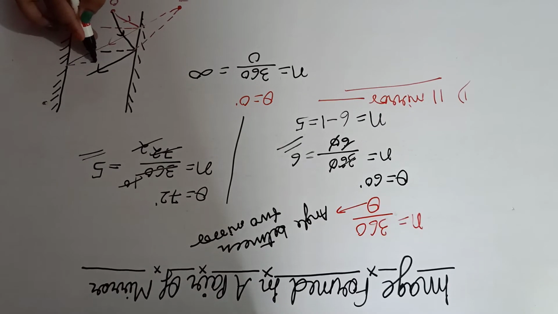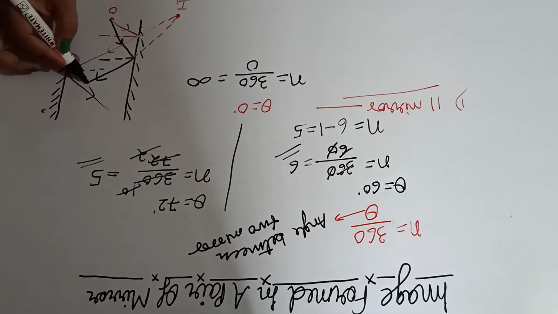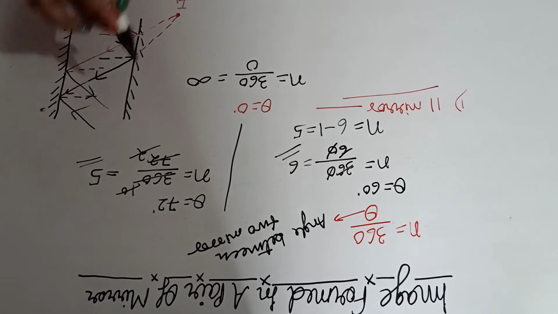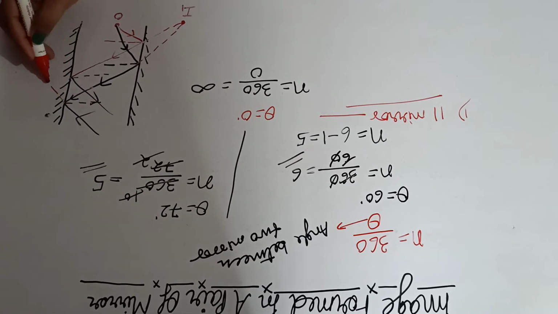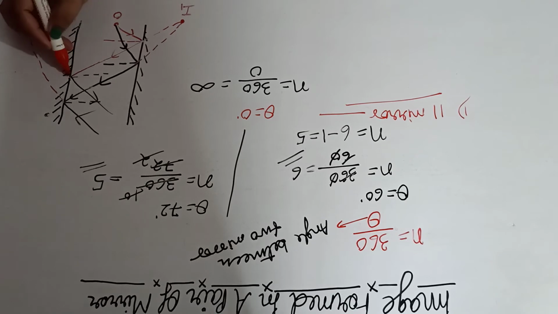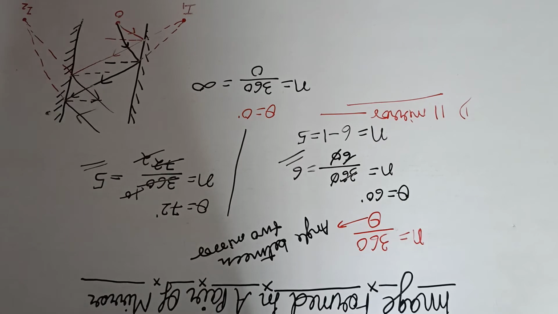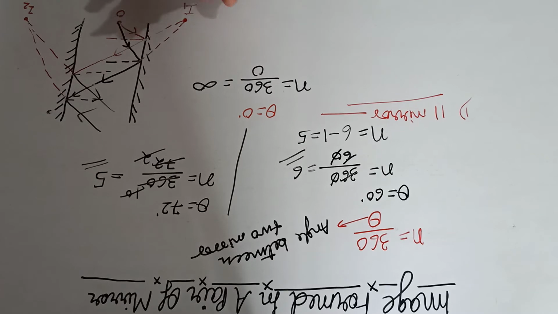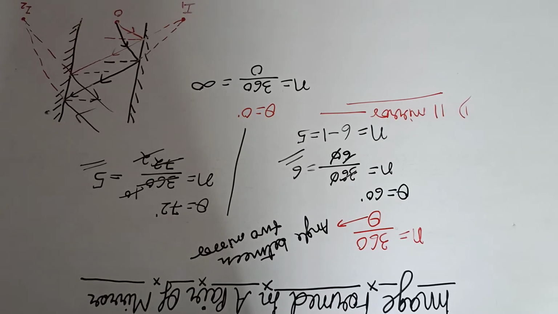So draw the normal at this point and draw its reflected ray. This is the second incident ray. Draw its normal, and this is the reflected ray. When we construct these reflected rays backward, then we will see that one more image will be formed. This is I2. Again, these reflected rays will behave like incident rays for the first mirror. So an infinite number of images will be formed by the two plane mirrors when they are placed parallel with each other.